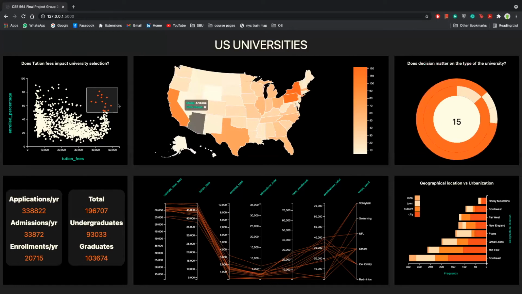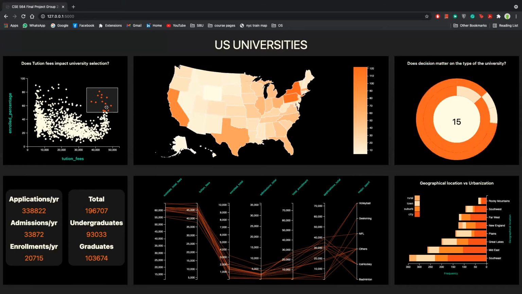So as you can see, I have selected 15 universities here. Most of these 15 universities fall under 0 to 25 admission percentage category. Moreover, 86% of them fall under 0 to 25 admission percentage category, out of which 84% of these universities are research based universities. That means we can understand that even if the tuition fee is higher, the enroll percentage is higher because of the type, research university. So research universities is a much important thing here, and this is one main important insight we have found out.